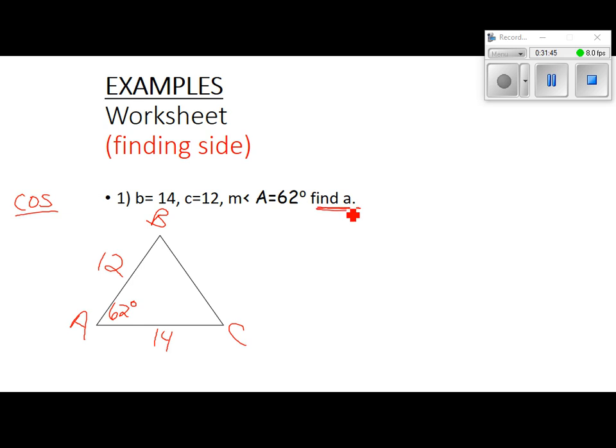Little a, where is it? Put a little a in there. Now this one looks just like the formula just because I set it up that way. We're looking for little a, so over here on the left we want little a all by itself in the formula. So a squared equals b squared plus c squared minus 2 times